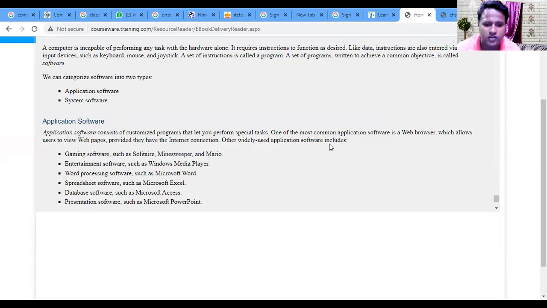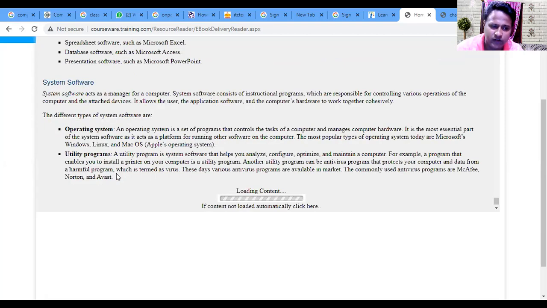Other widely used application software includes gaming software such as Solitaire, Minesweeper, and Mario; entertainment software like Windows Media Player; spreadsheets, database software, and presentation software like PowerPoint. These are all called application software.